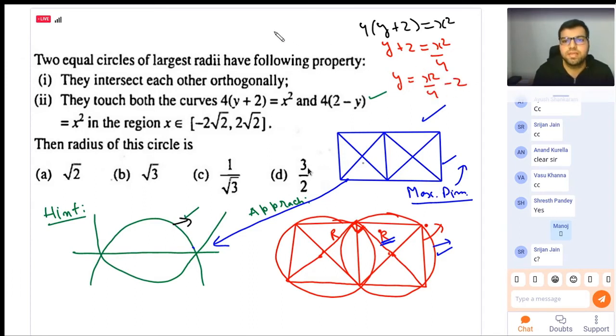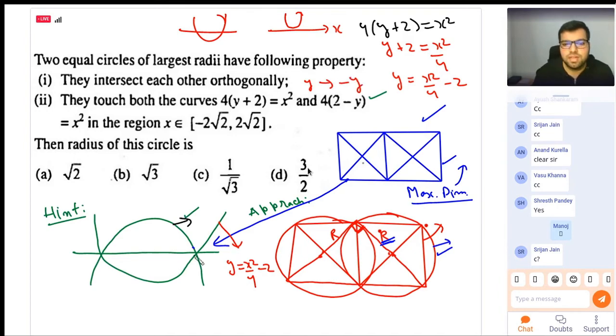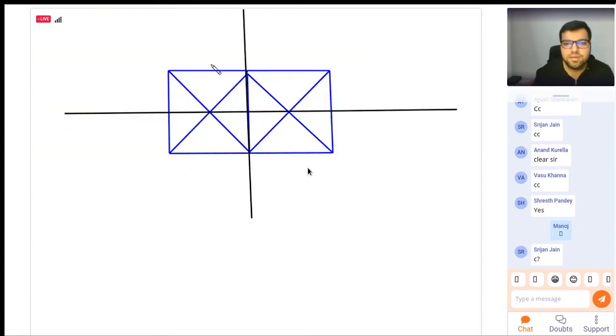If you had just x square by 4, it would have just touched the x-axis, but this is minus 2, so it will go down. So this is y equals x square by 4 minus 2. And for the other one, we see that y has gone to minus y. So it will just invert about the x-axis and it will become this. So these are the two graphs. I will draw it over here. So when we take the largest such rectangle in the region,